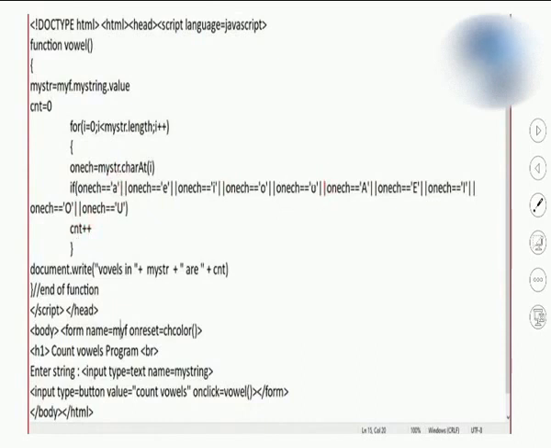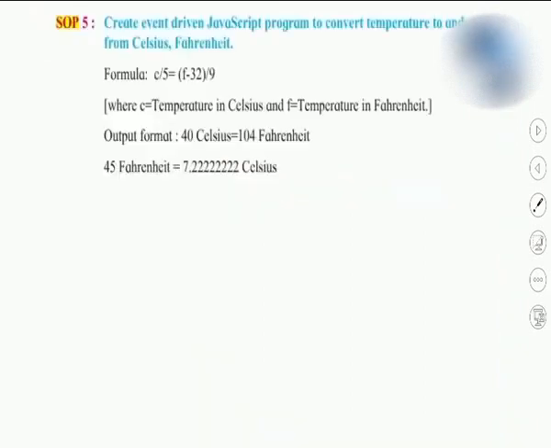Students, this is the pipe symbol on your keyboard above the enter button. So here this is going to execute from 0 to less than length. This is important, less than length you are supposed to write down. Once I finish the counting, I'm just displaying how many vowels are in this. Students, do remember the syntax of this. Here I have given single quotes for this. So this is how to count vowels, which is your SOP.